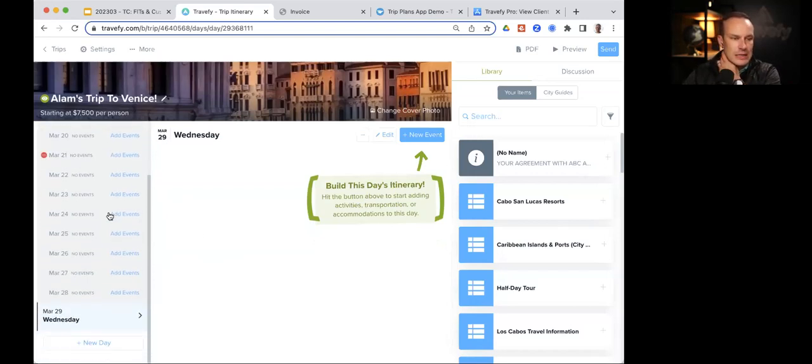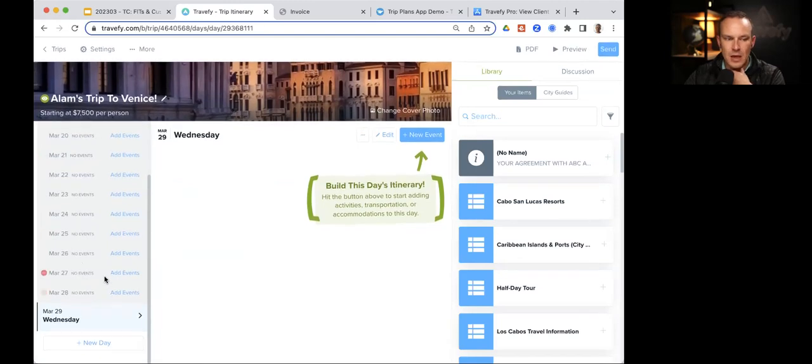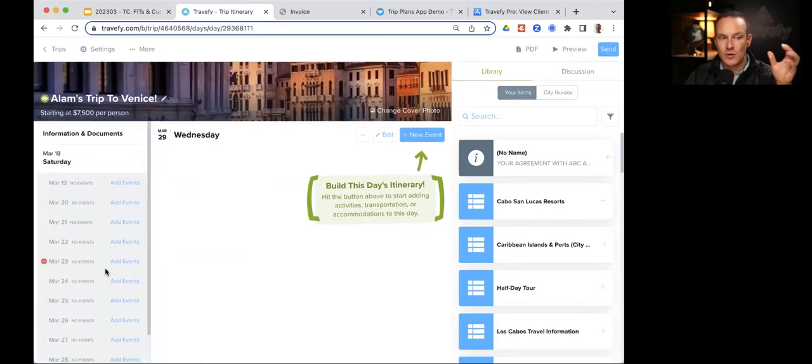Now, what's great about this format is that all of these days have been added in, but they're deactivated. So it will only start showing the days once I click add events and it activates them. So now in the itinerary, you won't have a whole bunch of blank days displayed within there, which can invite questions from your clients and things like that. So I'm just going to start with March 18th now that we have our canvas laid out, so to speak,